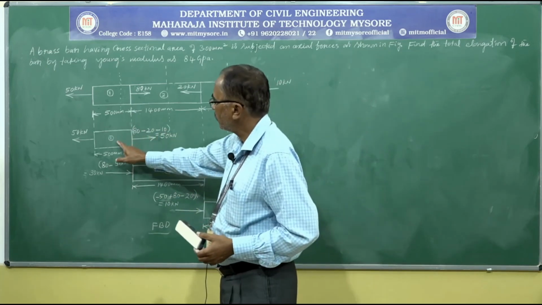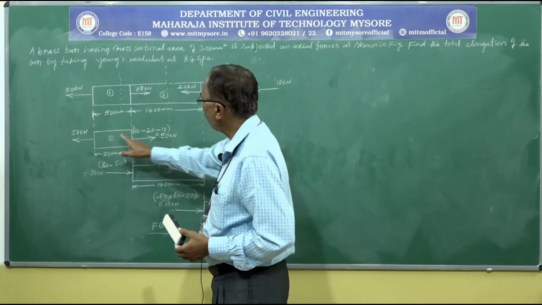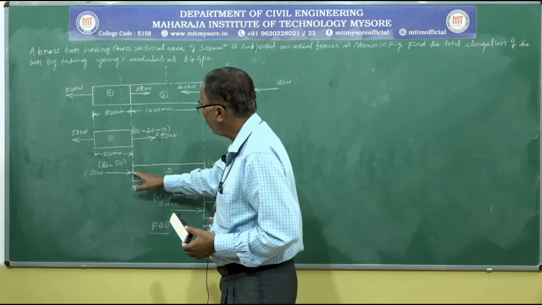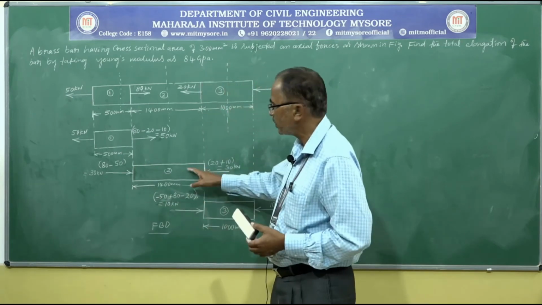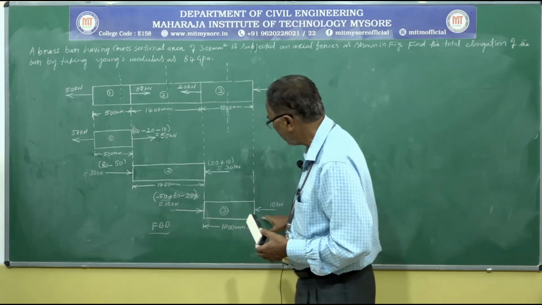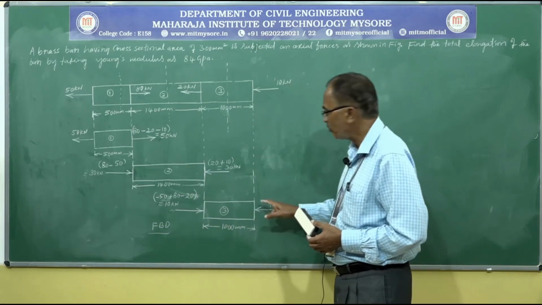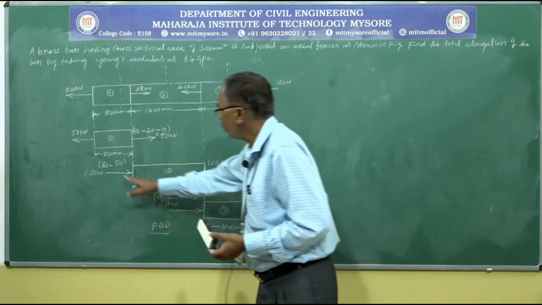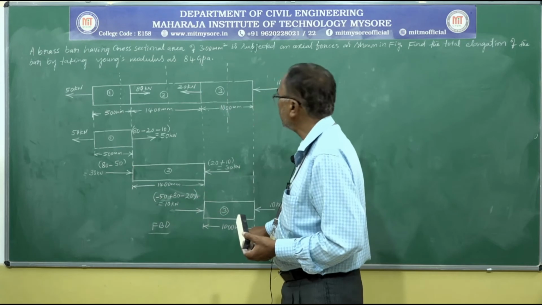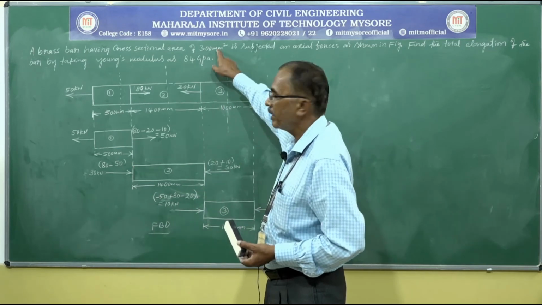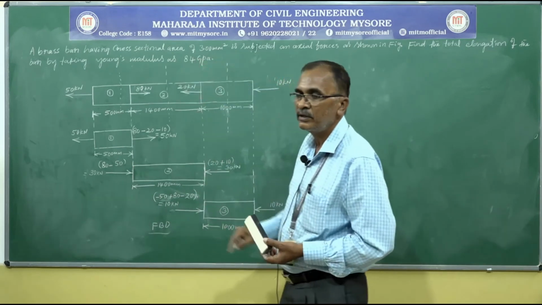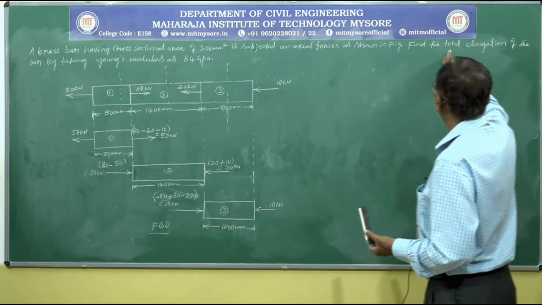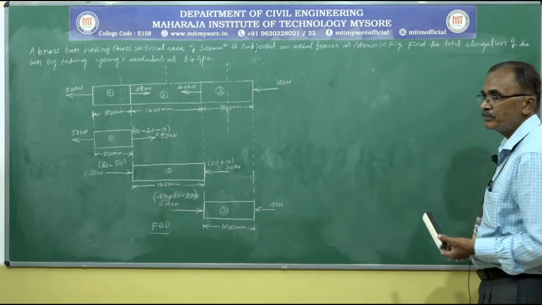So, the 50 kilonewton force acting on the first portion is treated as P1, and the 30 kilonewton compressive load acting on the second portion can be considered as P2, and the 10 kilonewton compressive force or load acting on the third portion can be treated as P3. So, we know L1, L2, L3 already given, cross sectional area A and Young's modulus E. So, we can comfortably calculate the asked value, it is total elongation.